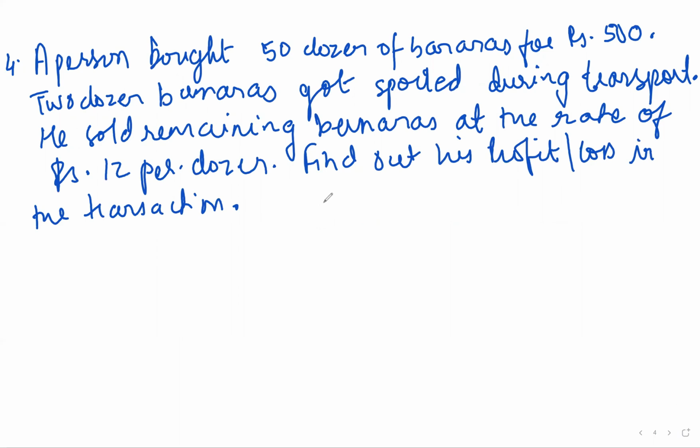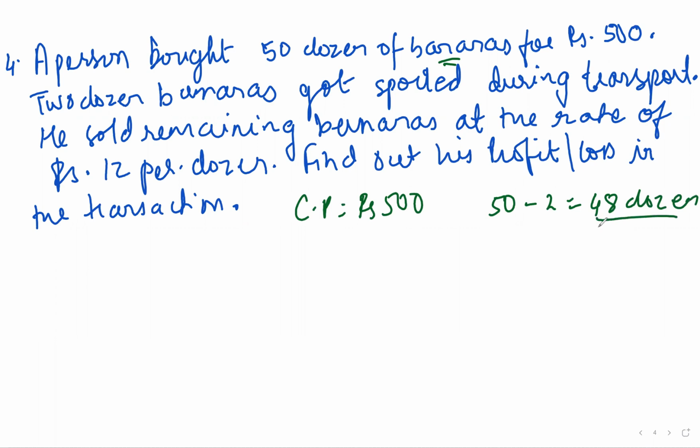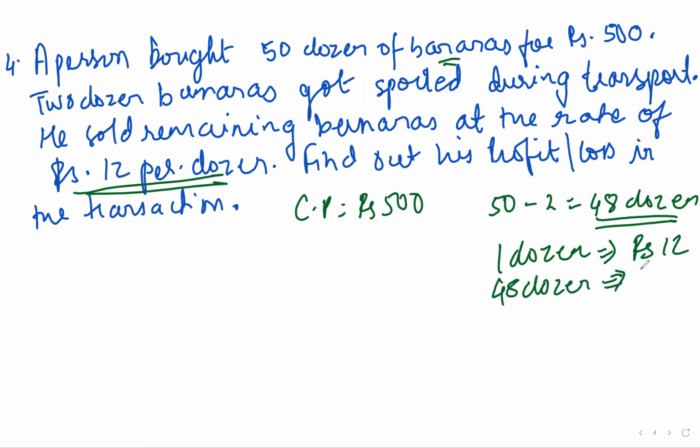Next part. A person bought 50 dozen of mangoes for rupees 500. So we know that cost price is rupees 500. 2 dozen bananas, sorry, it's bananas and not mangoes. 2 dozen bananas got spoiled during the transport. So from 50, 2 dozen got spoiled. So how many are remaining? 48 dozen. He sold remaining bananas at the rate of rupees 12 per dozen. So 1 dozen is rupees 12. So 48 dozen will be how much? So 48 into 12, it is